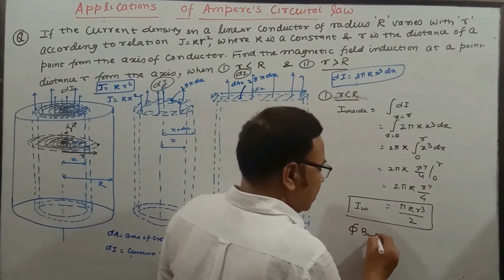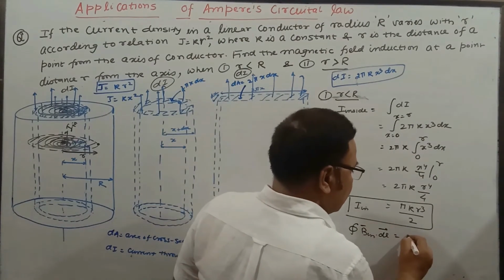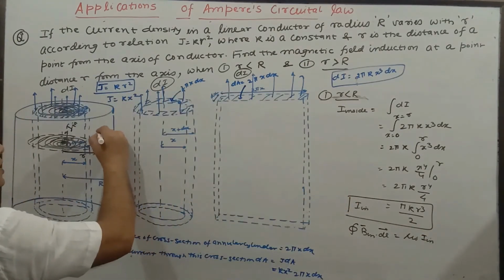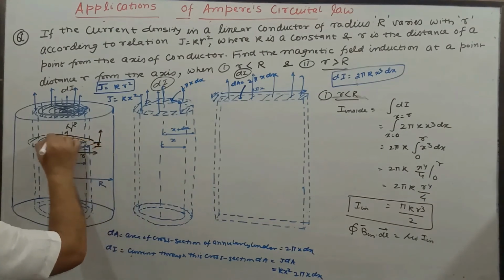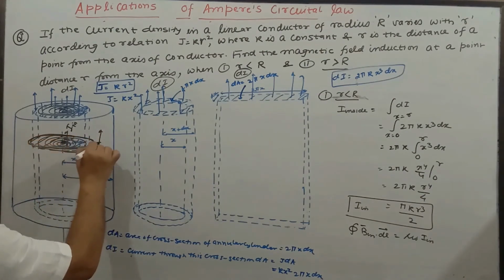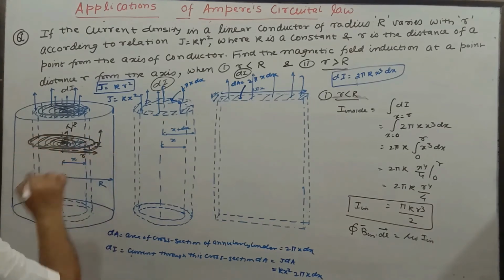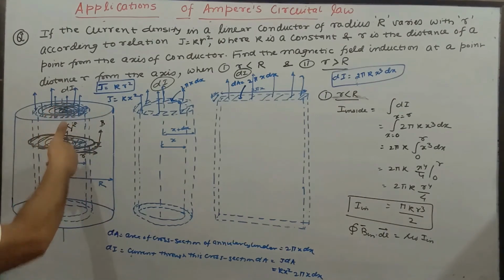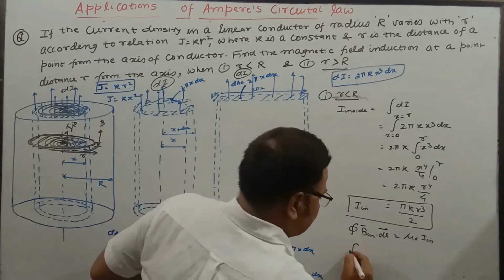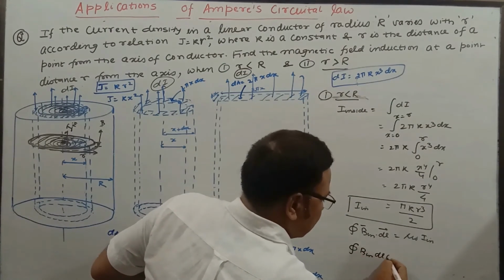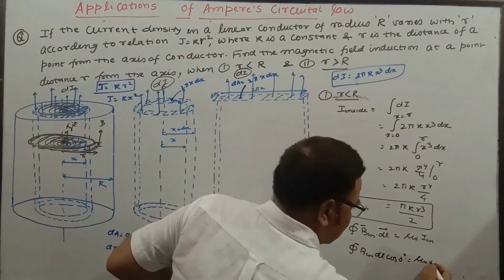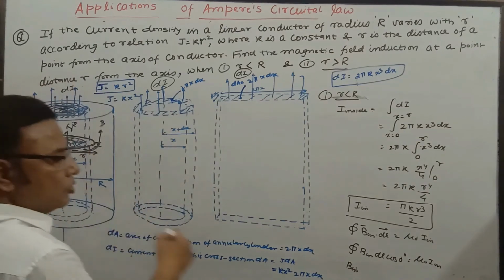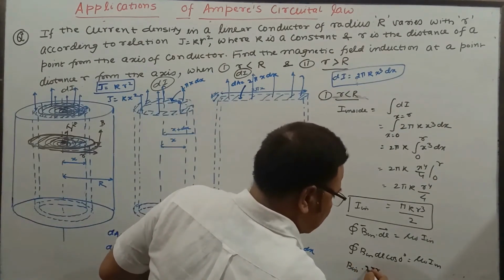And if you have I in, then you can easily find the magnetic field inside using integral B in dot dl is equal to mu naught times I inside. Here the magnetic field is once again tangential, and dl, we had assumed this Amperian loop. What was its circumference? 2 pi small r. Say the current is going up, we assume this orientation, so this is again up. So integration B in dl cos 0 degree is equal to mu naught I in. B in is constant. What is integral dl? 2 pi r. Cos 0 is 1, so no problem at all.